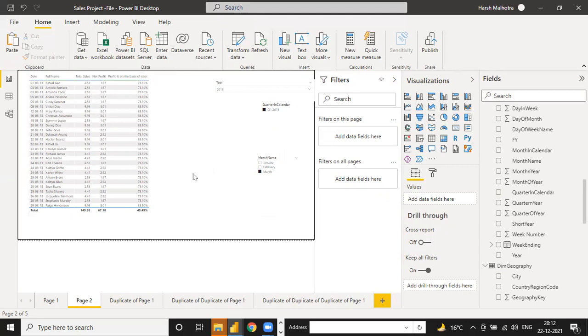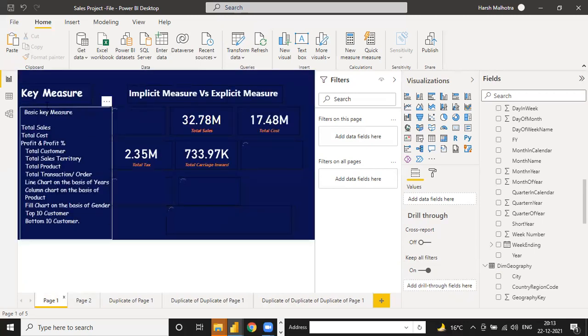But we have another option on the basis of top 10 or top 20: we can calculate it by direct DAX function. Okay, by direct DAX function also we can calculate the top 10 or top 20. But I will let you know this later because this is somewhat advanced now.